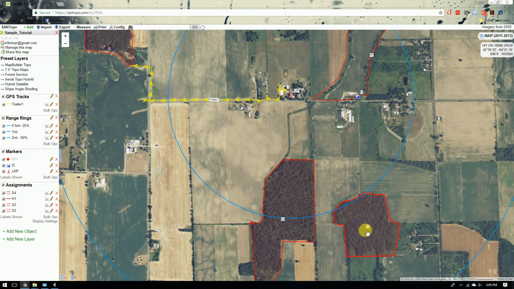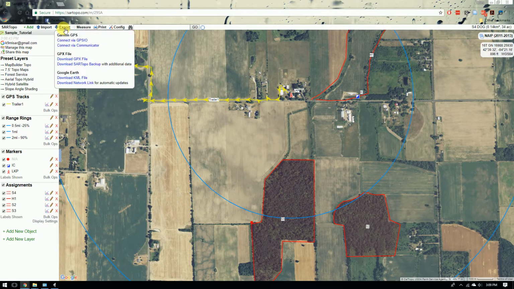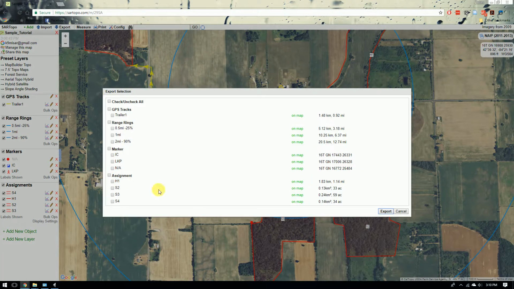But the way you start the process is to go to export, and this is going to be the traditional way if I want to put the file first onto my computer or through the Explorer method into the actual GPS. That's one way, but I do prefer the speed of the GPS I/O connection, but that is for another video. So for this one, download GPX file, and I select all of the ones that I want,